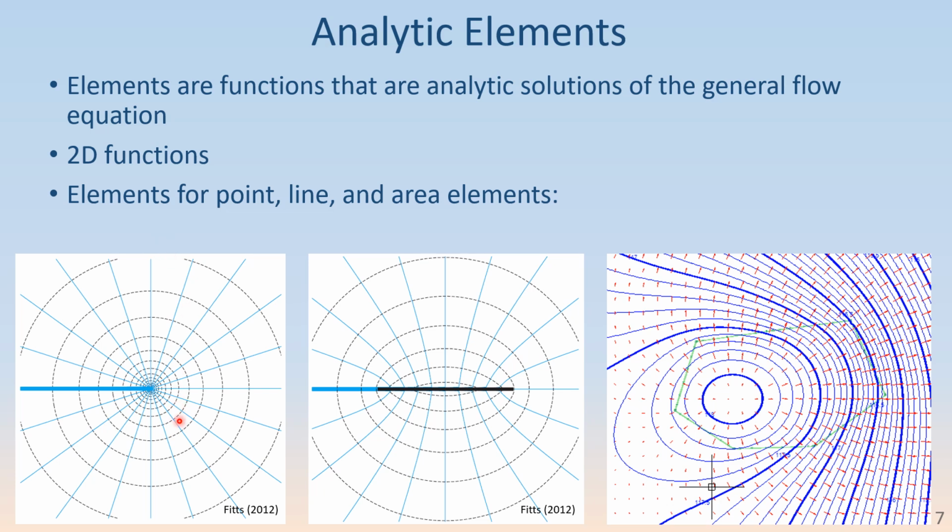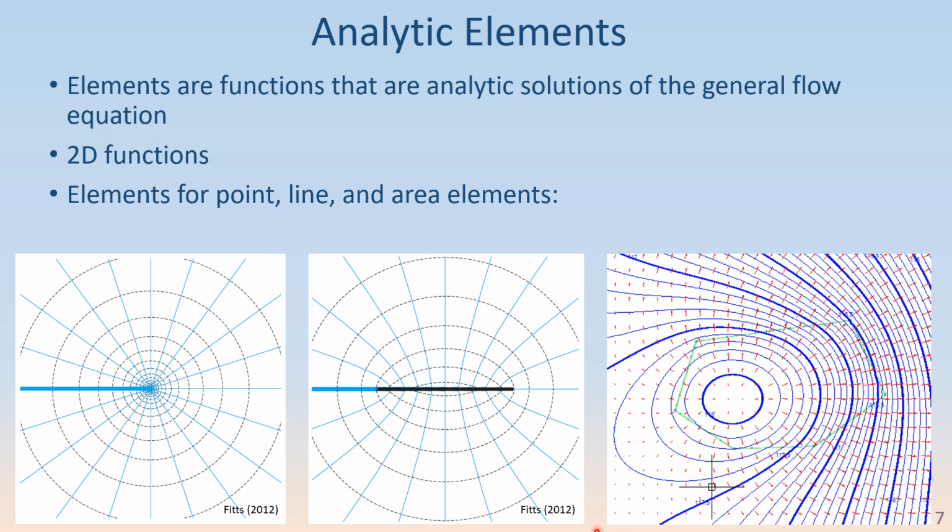Obviously, the point sink is useful for a well. A line sink is useful for discharge that's stretched out along a linear boundary, such as a reach of a river. And area sources and sinks are useful for sources that are distributed over areas. This here shows a green polygon, and inside of it we've got a high recharge rate, maybe it's a recharge basin, and outside of it there's also recharge, but at a lesser rate. The red are vectors, the blue are contours of equal head, and